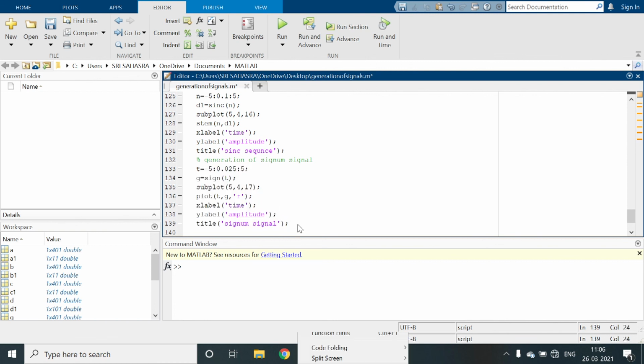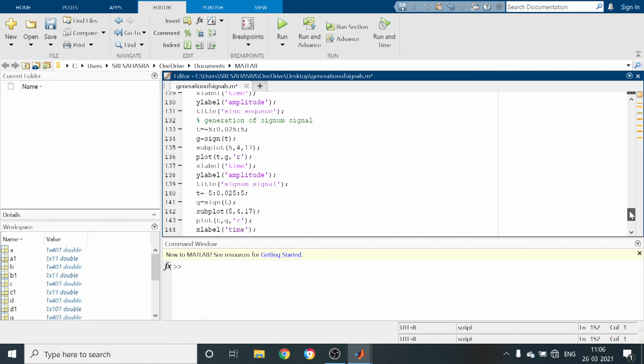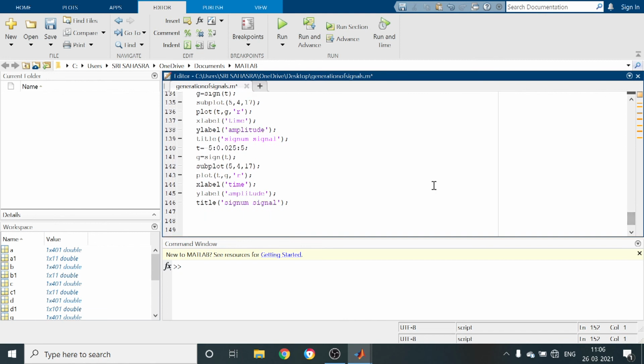Control C, Control V. Just I am using a comment: generation of rectpulse. So for this one, I am using a letter H. There is a direct command.